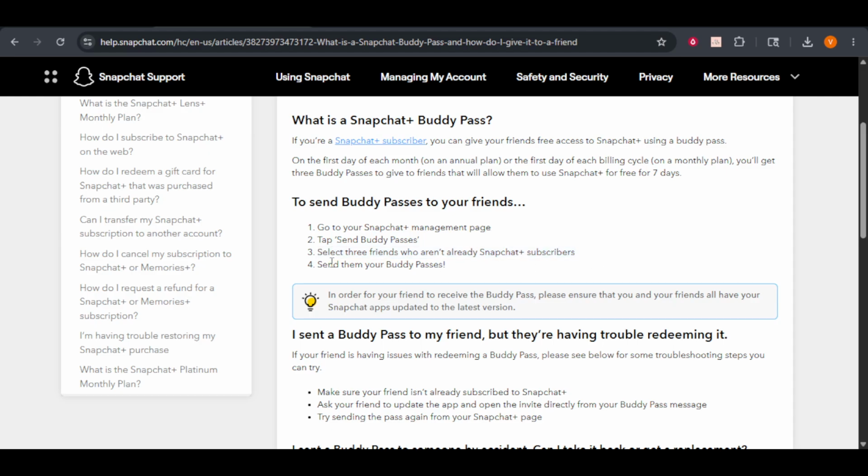Choose the friend you want to invite and hit the send button. Your friend will receive a chat notification with a unique link to redeem their free month. They simply need to click that link and follow the prompts to activate their trial. It is important to remember that this pass is valid for a limited time, so remind your friend to claim it quickly. This is a great way to explore custom icons and chat